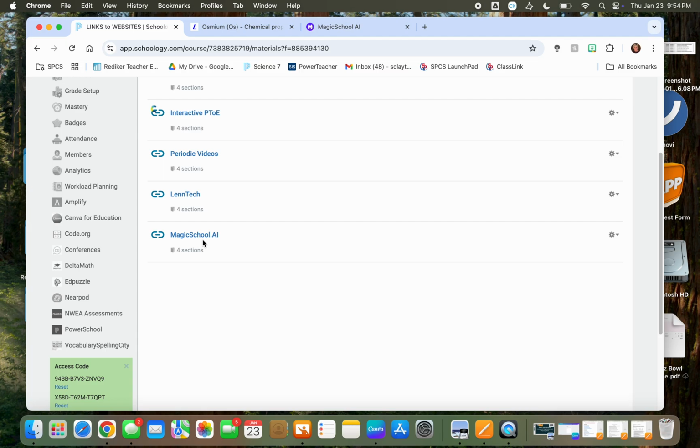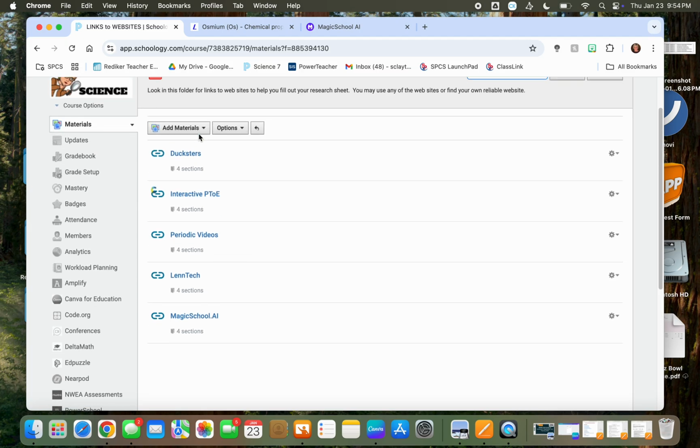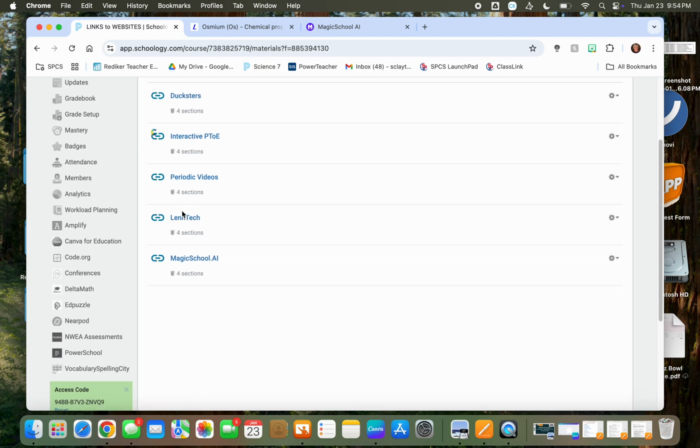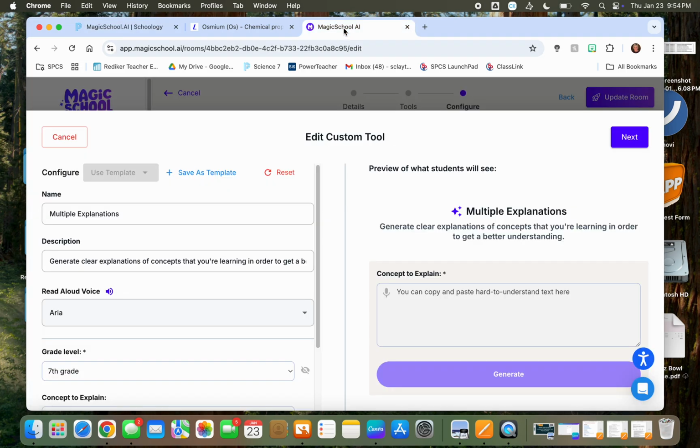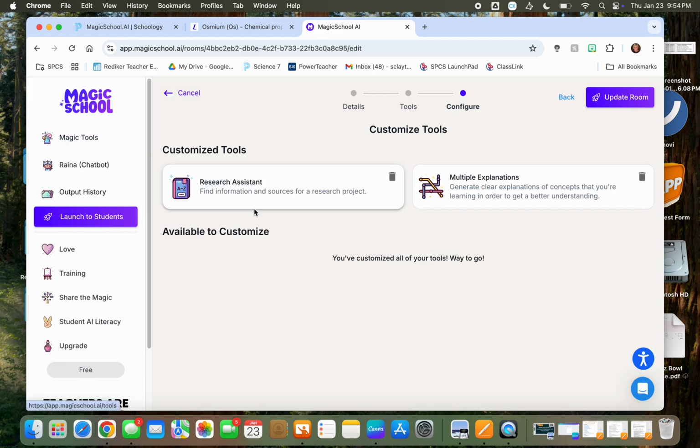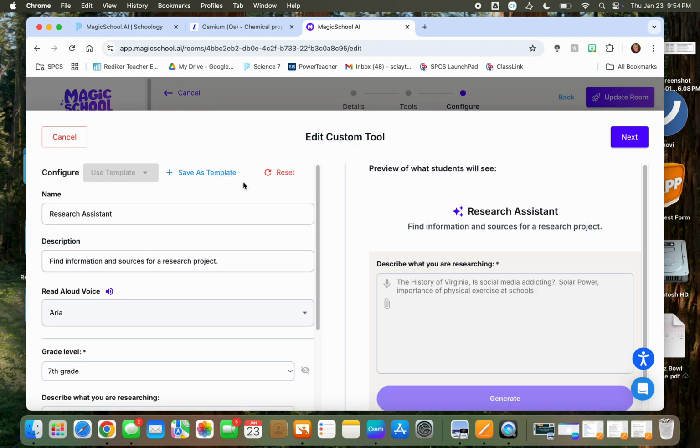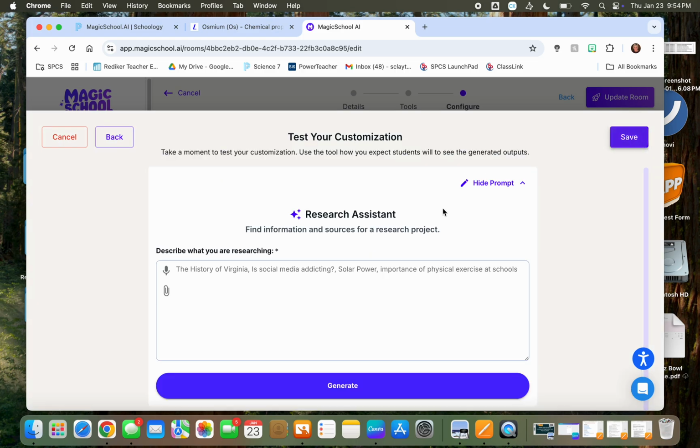If you get all the way through here and you still feel like you don't have all of your information, then you can come back into Magic School AI, and I'm going to cancel this. Go over here to Research Assistant, and hopefully this is the screen that you see. You can describe what you're researching. So let's say you've got all of the information on page 1 that talks about the physical properties and chemical properties of your element. And page 2 talks more about interesting facts or fun facts. And so